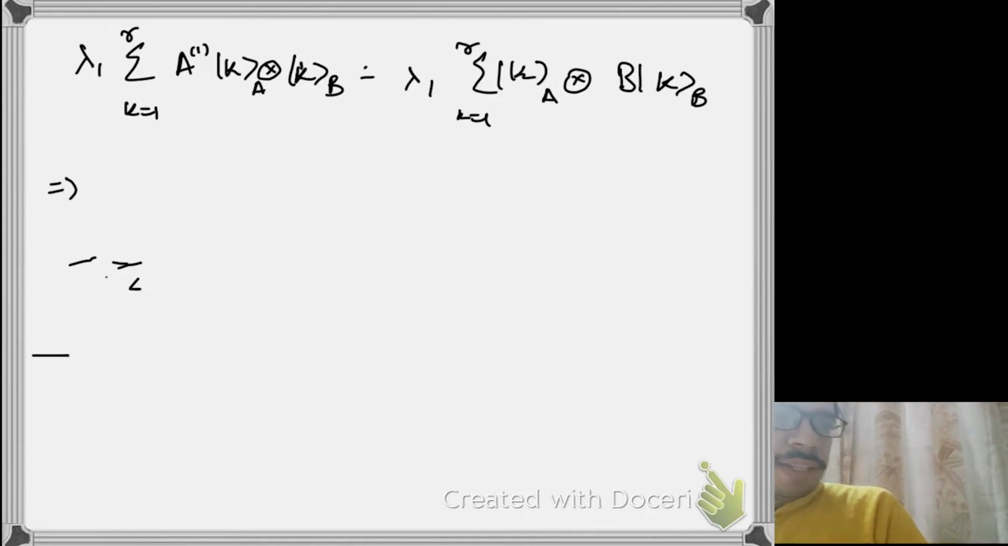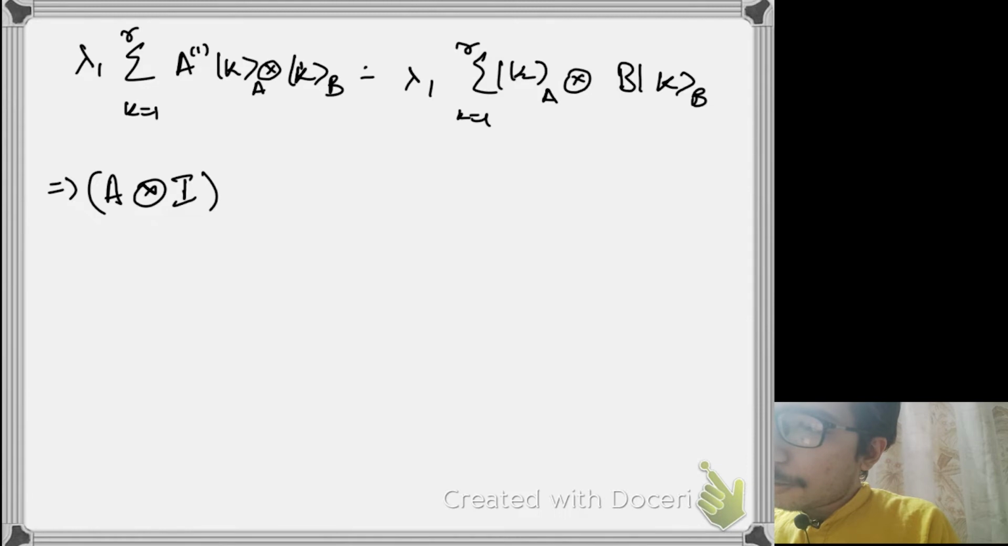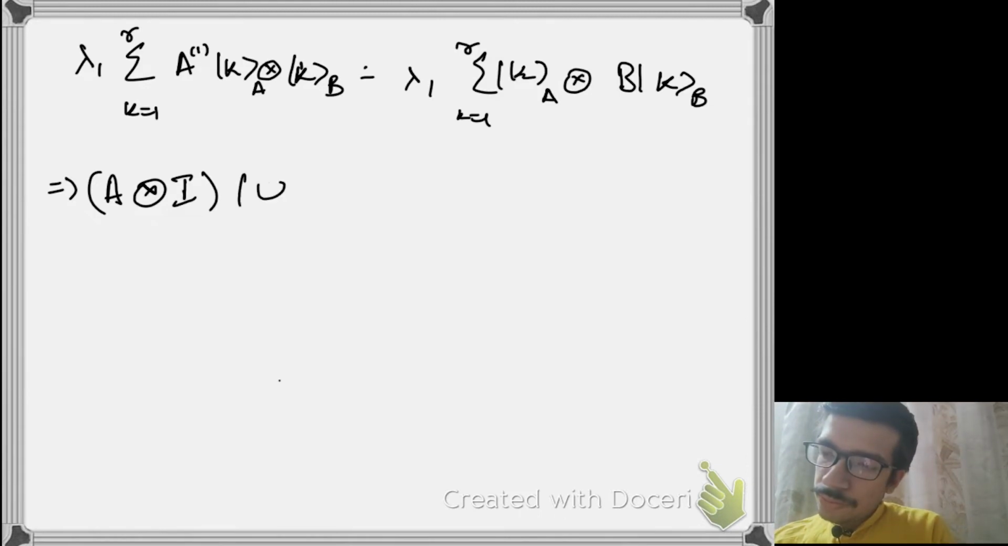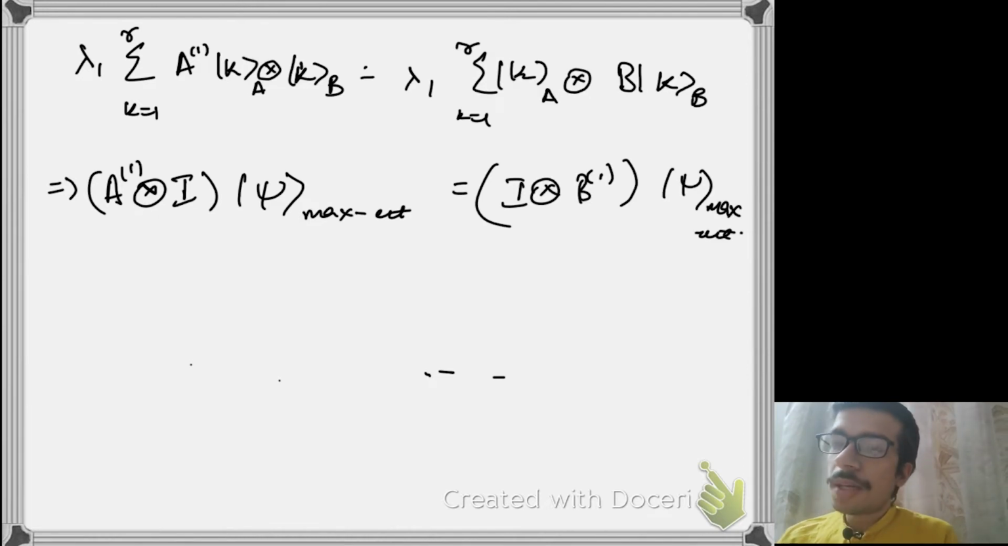So what I'm going to get then is that A tensor I acting on psi maximally entangled, A1 tensor I acting on psi maximally entangled equals I tensor B1 acting on psi maximally entangled. So this is maximally entangled on R dimensional spaces, right? Because I have sum from 1 to R. So here I can just cancel off lambda 1 and lambda 1,